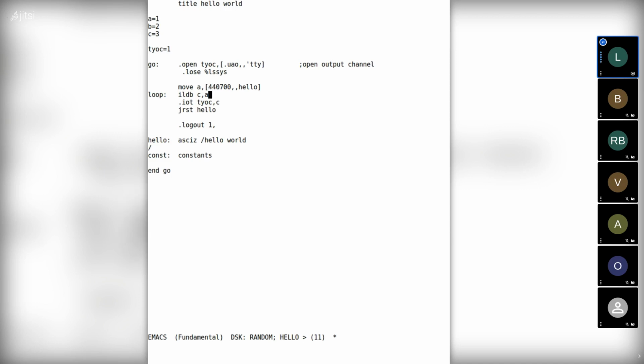So this should load the first byte, and if it's 0, the string is empty, or the end. So we're going to jump somewhere, JUMPE. If C is equal to 0, we can just jump right to this logout system call.